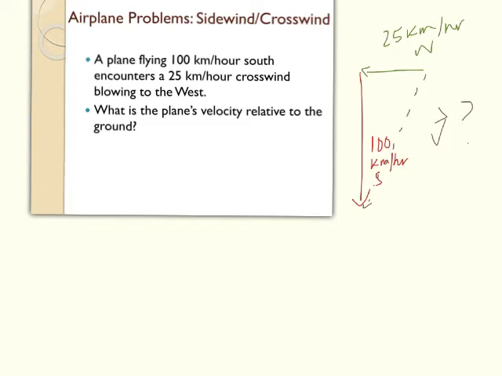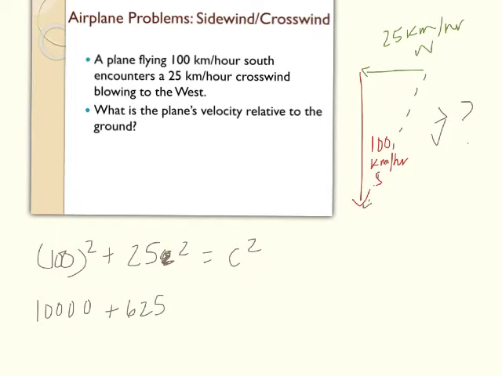So we're going to have 100 squared plus 25 squared equals c squared, which is our velocity. So 100 squared is 10,000 plus 25 squared, which is 25 times 25, 625, equals c squared,